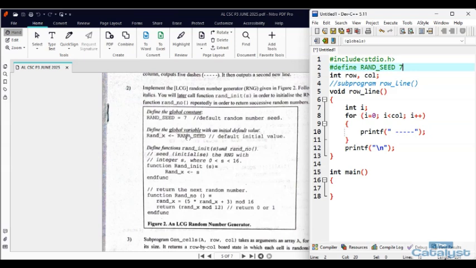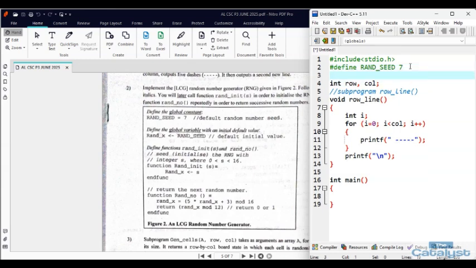Then we are going to define this global variable as what we see here. So for the definition of the global variable, we'll say run x receives run seed. So run x is also going to be a global variable which we can just add here. It's an integer. So run X should receive